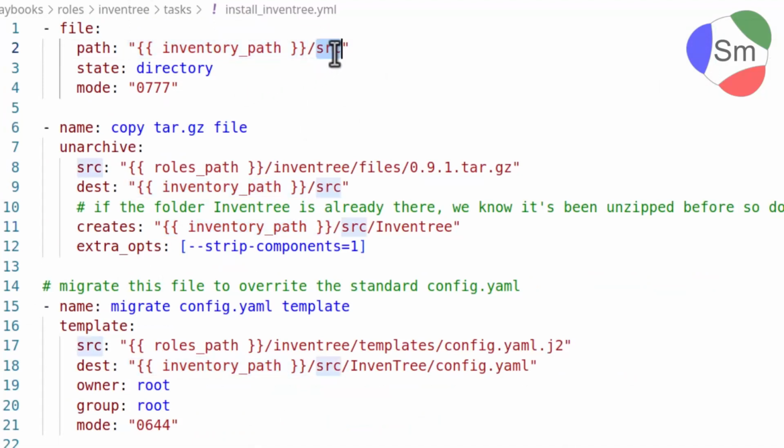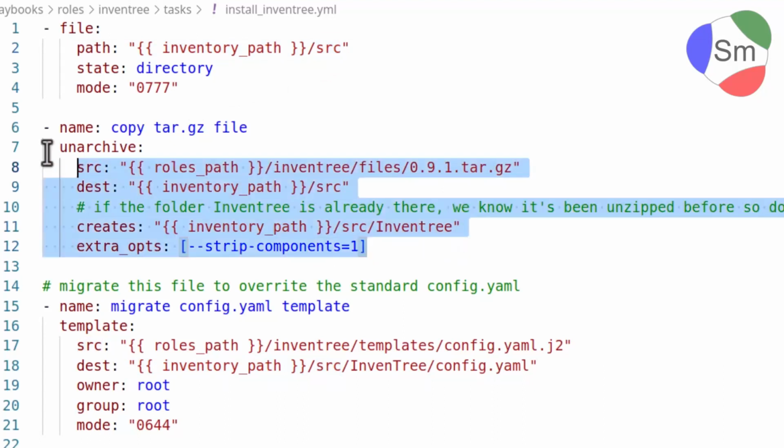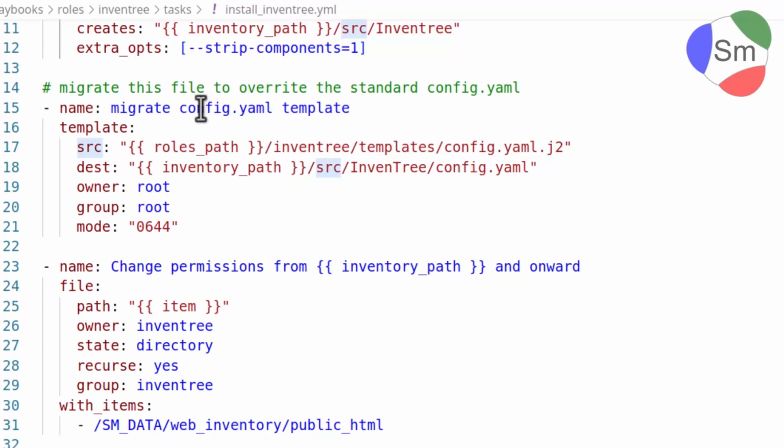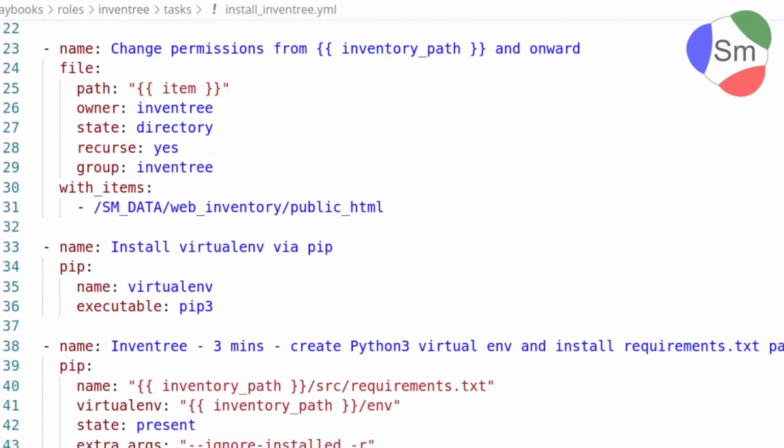We create the src directory that it goes in, download and expand the zip file into the InvenTree directory, excuse me, into the src directory. Quickly migrate over our config.yaml, which includes the password requirements for the superuser,